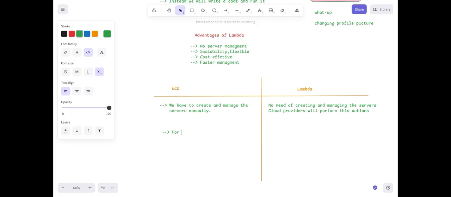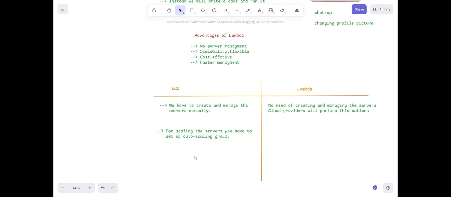So for scaling the servers, you have to set up an auto scaling group.